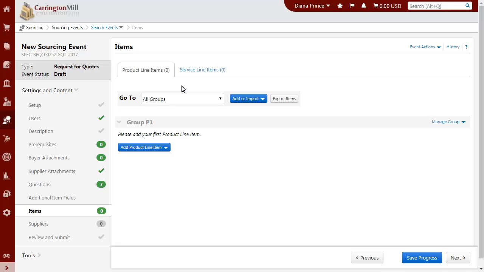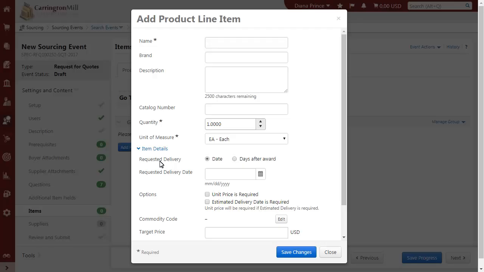To add a new item, click on Add Product Line Item, then choose Add New Item from the drop-down menu. A pop-up window will appear to populate the information about the item. Name, quantity, and unit of measure will always be required for each item. Once all of the new item information is populated, click on Save Changes to add the new item to the